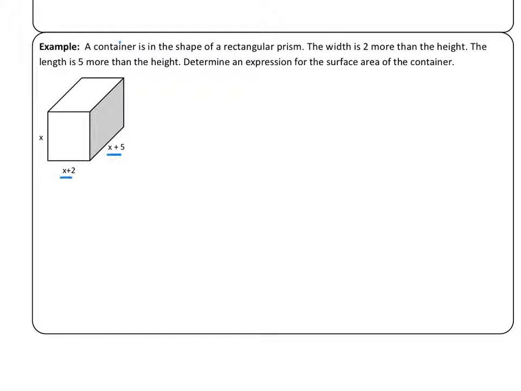Determine an expression for the surface area of the container. So first, let's talk about the surface area of this container. It is a rectangular prism, and I know that I have a front and a back, which are the same. I know I have 2 sides, which are the same, and a top and a bottom, which happen to be the same. So our surface area is going to be 2 times the length and width